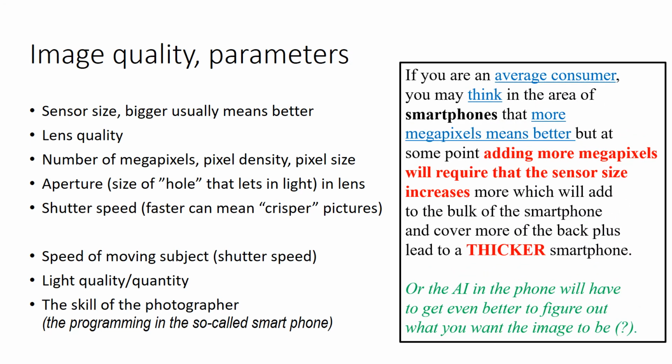Now, if you're the average consumer, you might think that the more megapixels there are on a smartphone, the better. But as I said, when we start to add more and more megapixels, then the sensor size at some point is going to have to start to increase. And the larger the sensor size, regardless of the optics, the greater the distance the lens above the sensor might need to be and sort of become bulkier. And so the smartphone might become thicker,